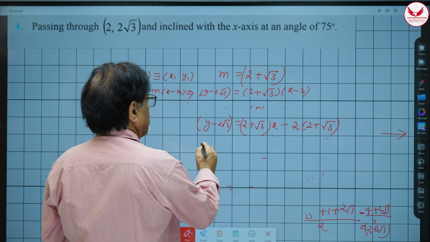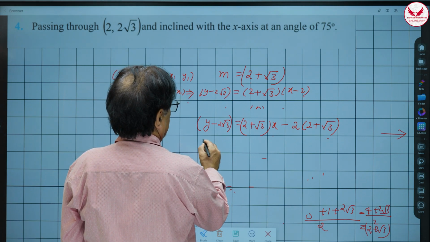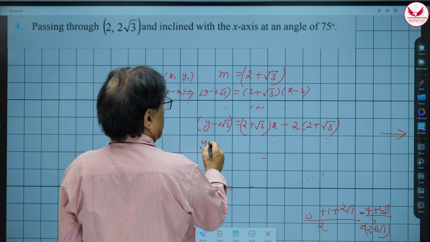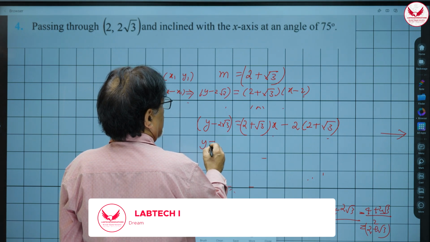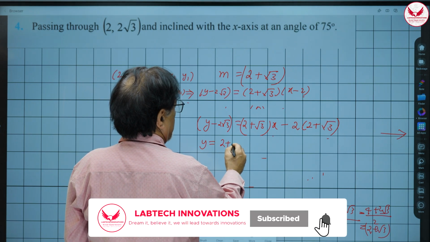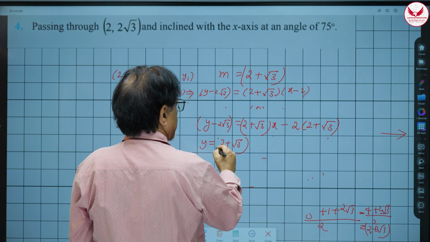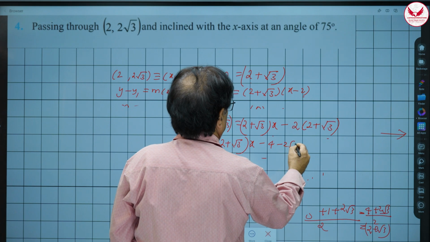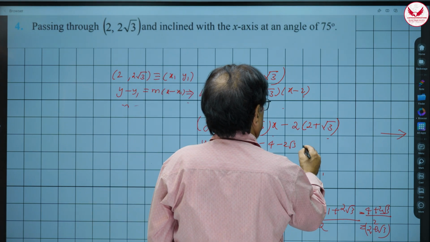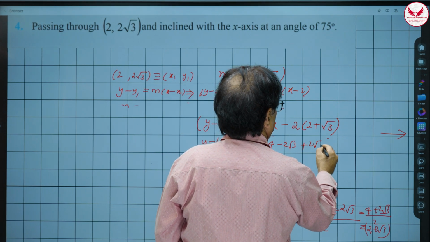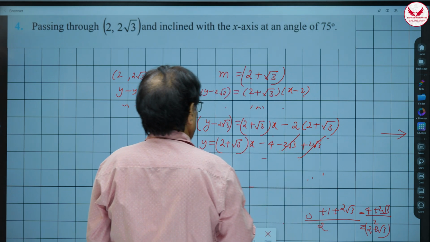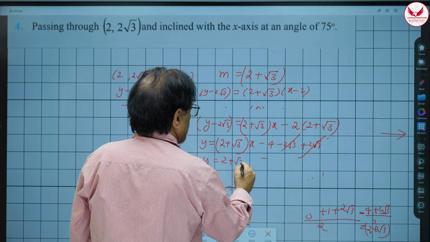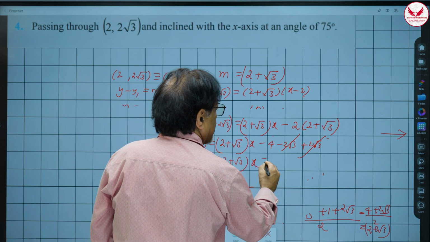So this means y is equal to 2 plus root 3 times x minus 4 minus 2 root 3, right? And this 2 root 3 comes here, so it becomes plus 2 root 3. So this gets cancelled. So our answer is y is equal to 2 plus root 3 multiplied by x minus 4,